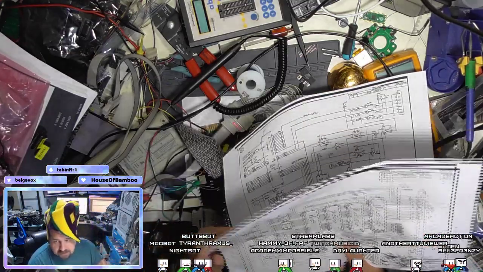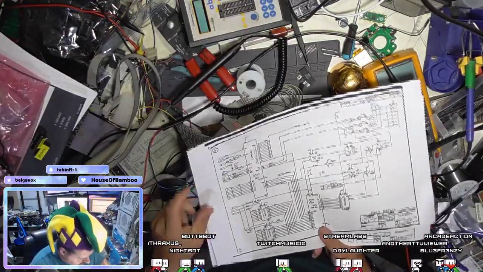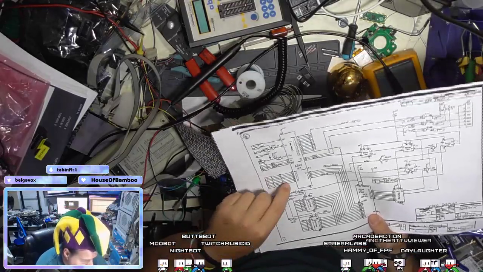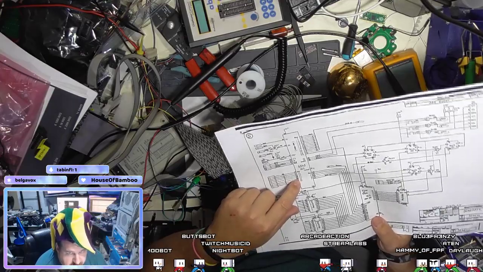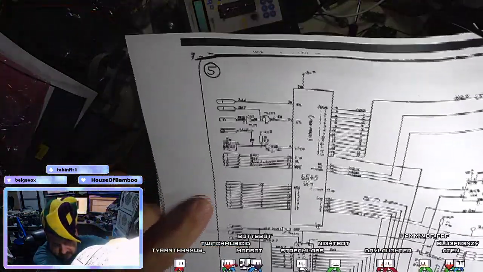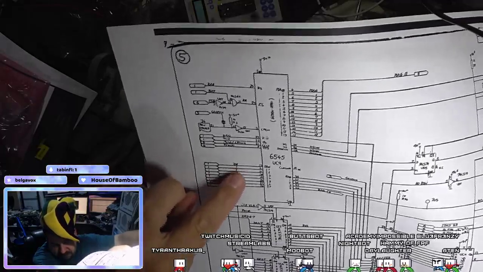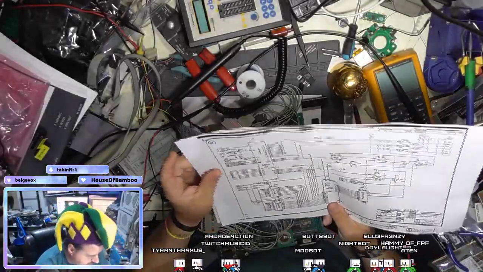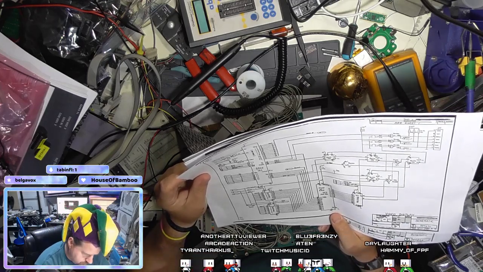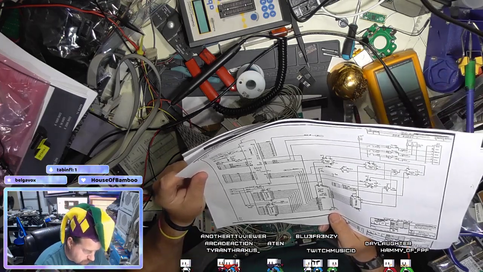This is another reason these schematics look bad. So this says D0 through D7 is labeled into the data bus going to the 6545. Right there, it says just D0 through D7, which is fine. However,